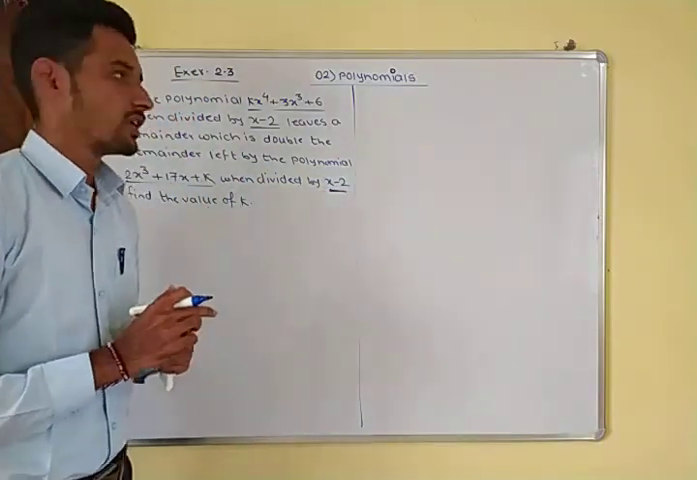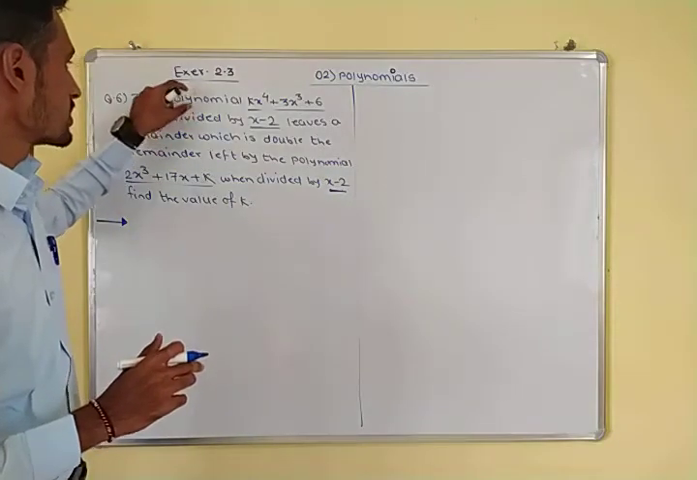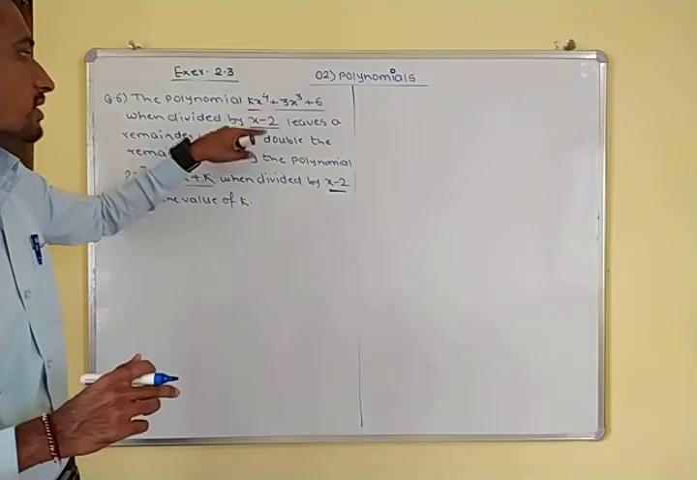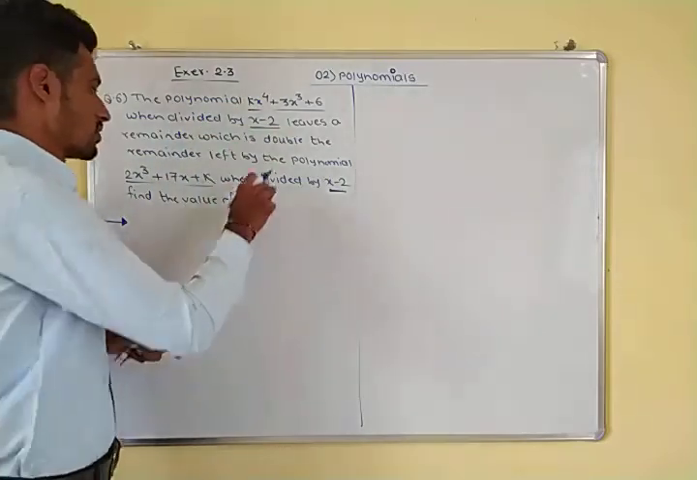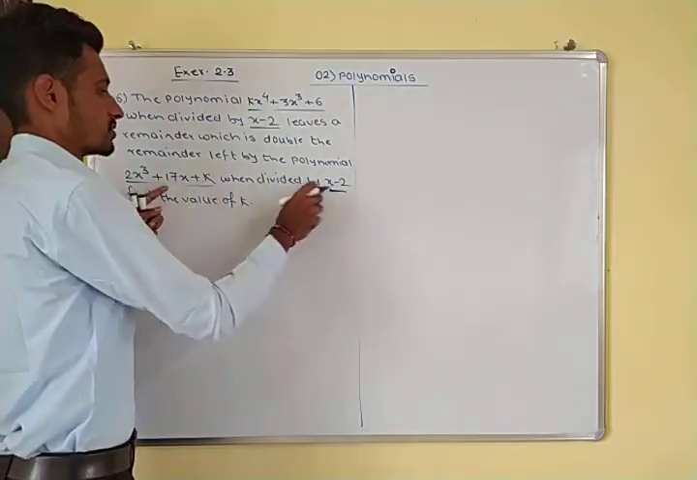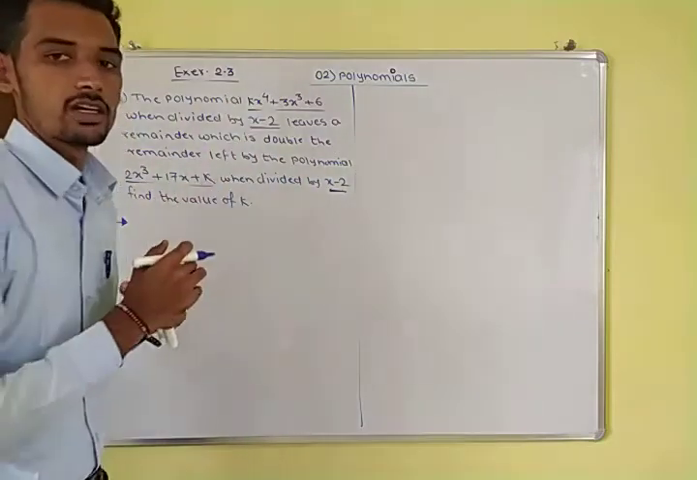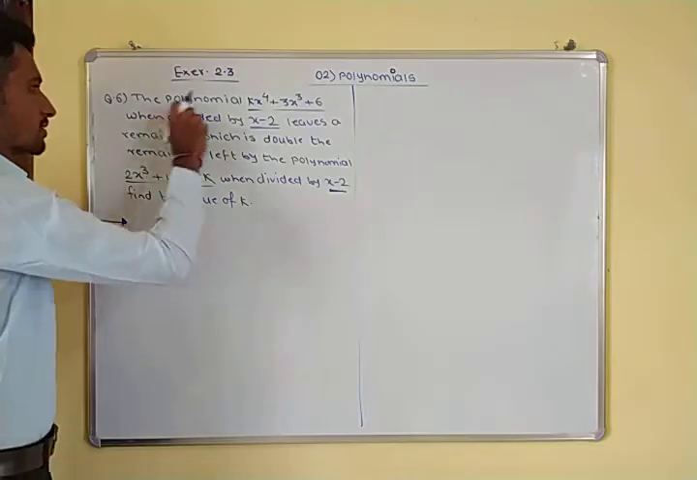तो हमें यहाँ पे k की वैल्यू फाइंड करना है। फर्स्ट केस में this is the polynomial and this one is the divisor. इसका जो रिमाइंडर आता है, that remainder is double the remainder of the second. इसका रिमाइंडर उससे डबल है।